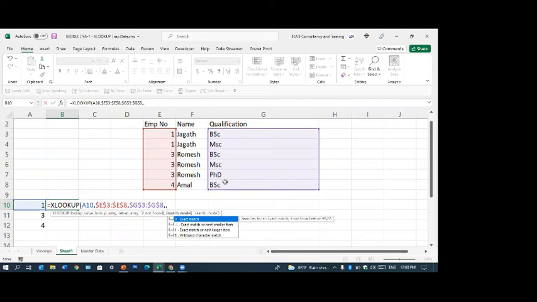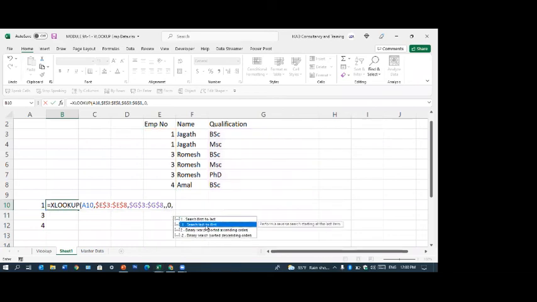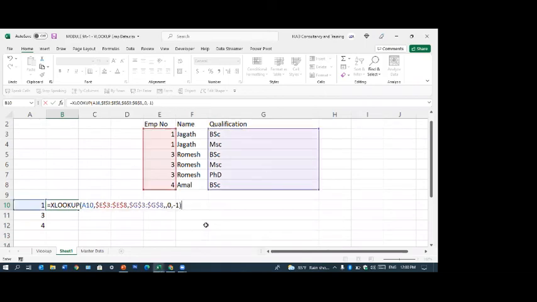You can go to wildcard character match also. Partial matches. I don't know whether you all know wildcards, using the star and the question mark, right? Then you can use that also. This is so powerful. So I put 0. Here I'm going to say last to first. That option.